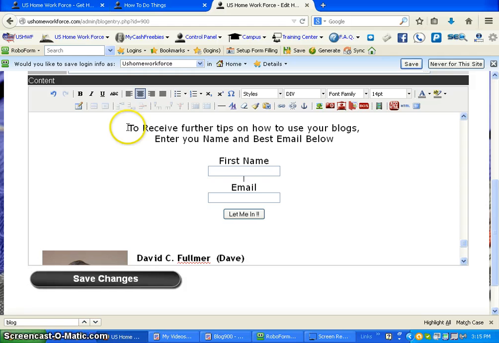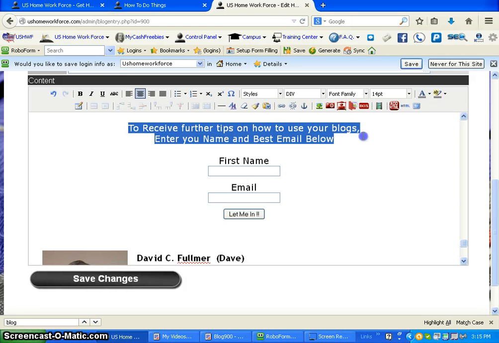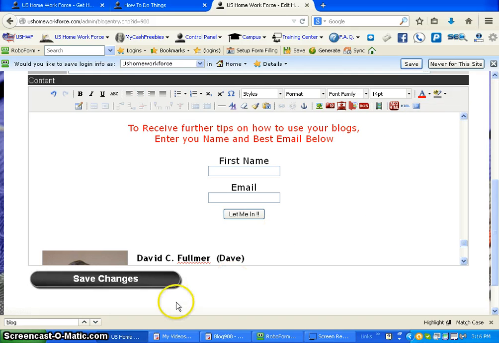And maybe we ought to change the color just for a little bit of enhancement of color. Okay, now we save the changes,